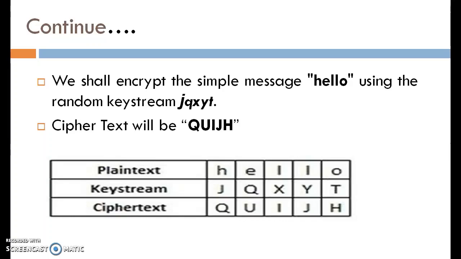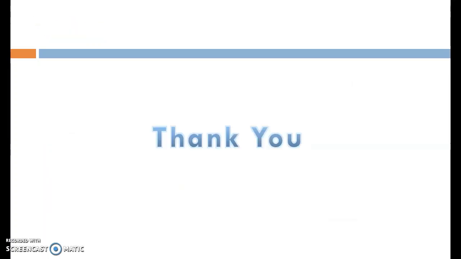In the same way, in decryption, we have the ciphertext and we want to calculate the plain text. In decryption of the Vernam cipher, we subtract the key letters from the ciphertext. For decryption, we do Q minus J modulo 26. In encryption, we add the plain text with the key value, whereas in decryption, we subtract the key values from the ciphertext. So Q minus J modulo 26, and then we get back the plain text letter, that is H. Thank you for listening.